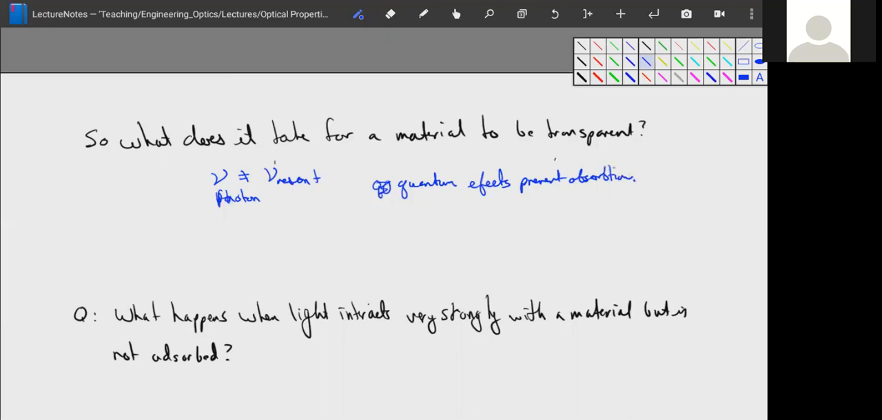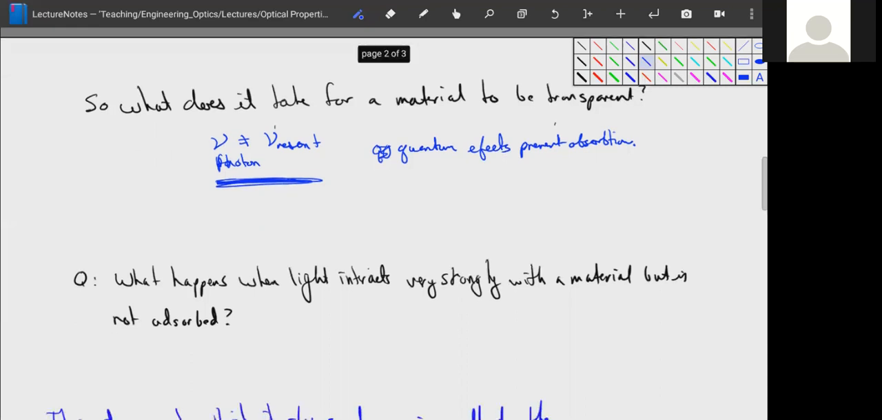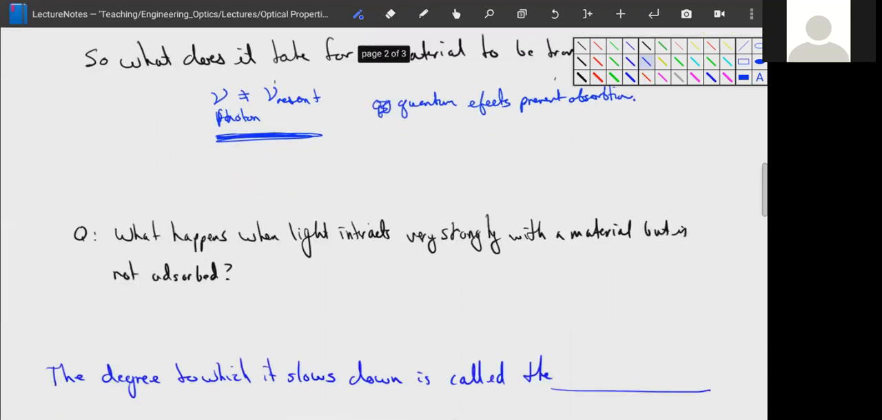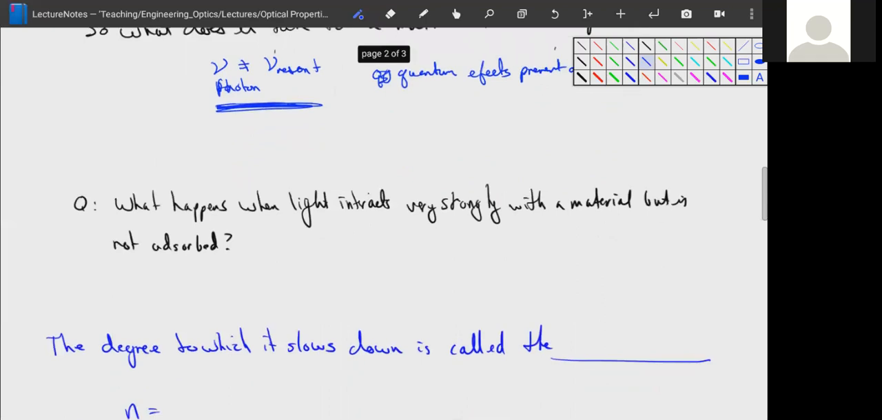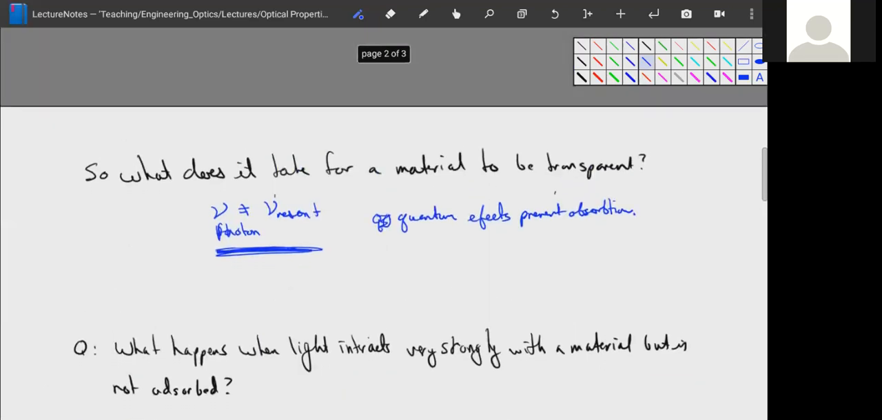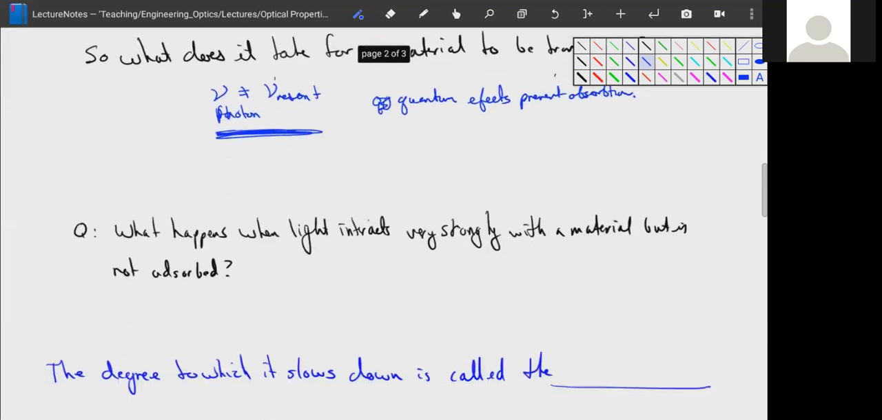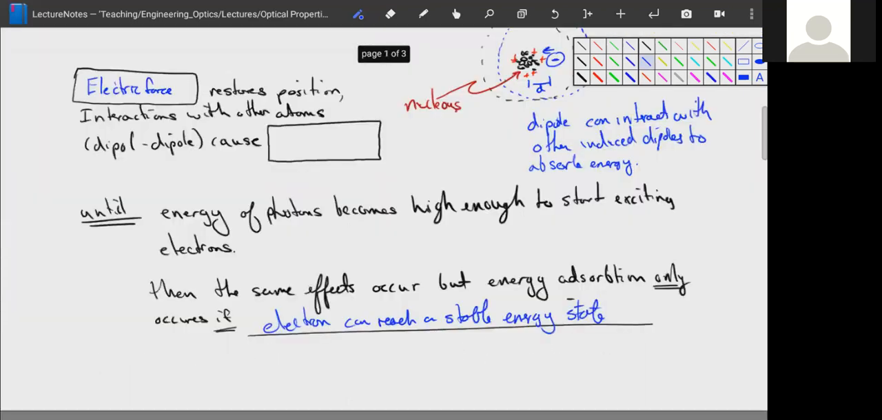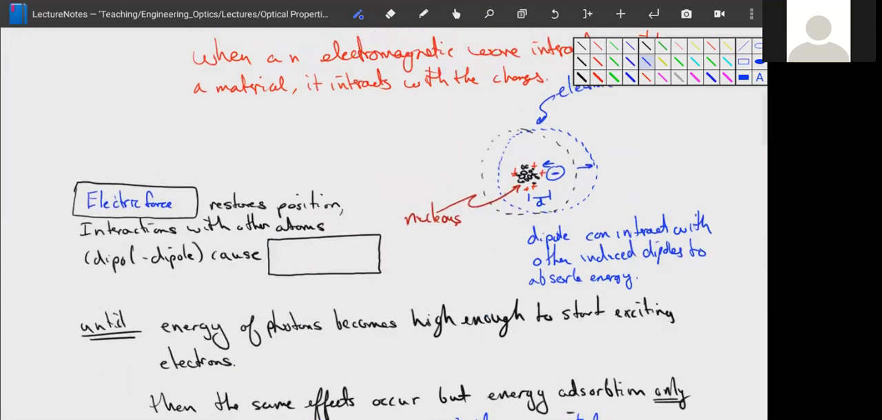This resonant frequency here is one of the reasons why crystalline materials are usually transparent. Scattering light is a little bit different thing. So what happens when light interacts very strongly with the material but is not absorbed? Well, if it interacts very strongly with the material, let's go back to our little atom model here. This electron cloud moves over and then comes back,